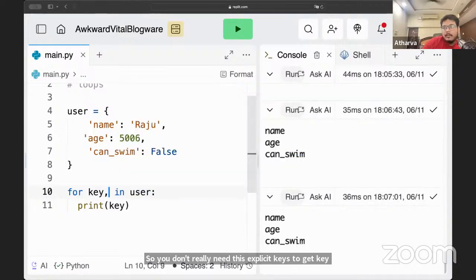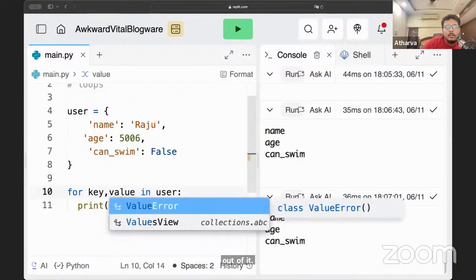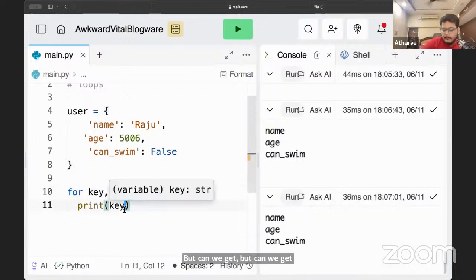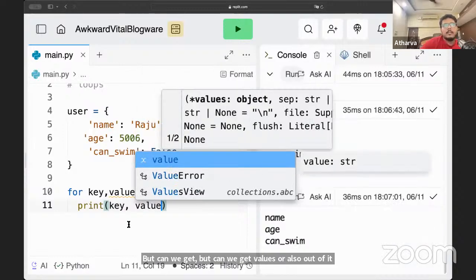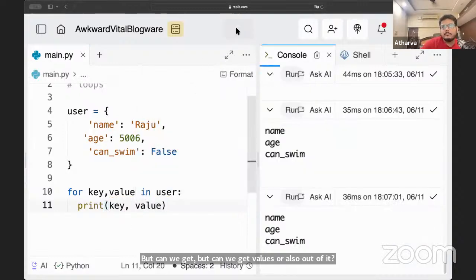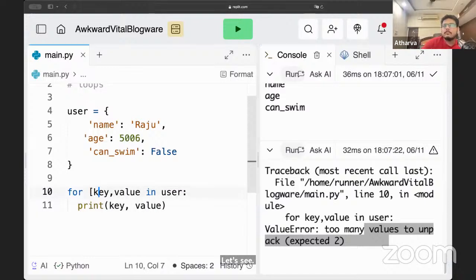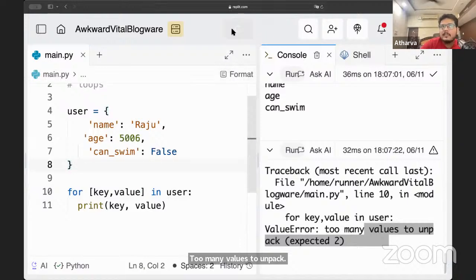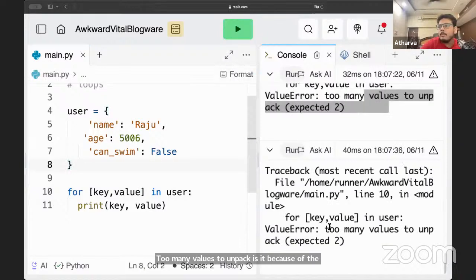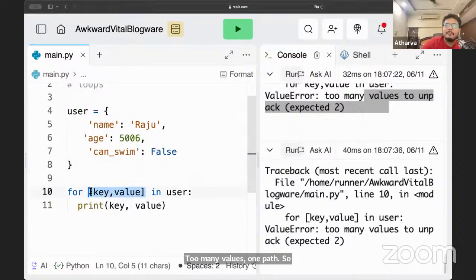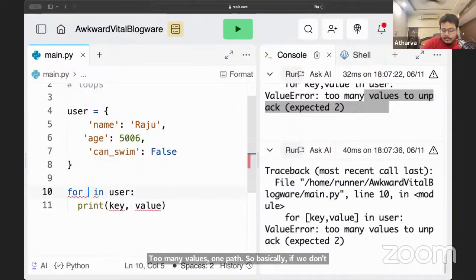But can we get values also out of it? Let's see. Too many values to unpack. Is it because of the syntax? So basically, if we don't give it items, it only holds key.